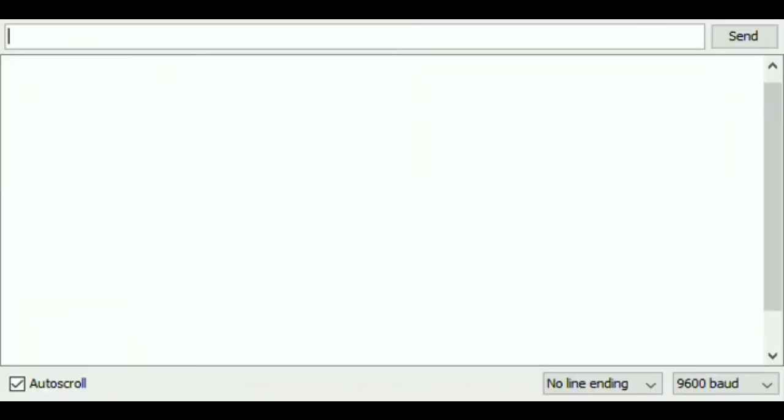So now let's see how the shield is working. I have opened the serial monitor of my Arduino IDE, where I am going to write all the alphabets from A to Z, and then a space, and then all the numbers from 0 to 9.